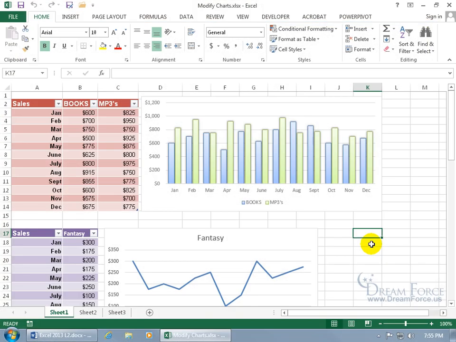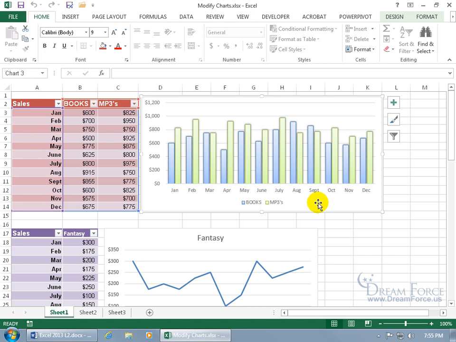When it comes to modifying your charts, like resizing a chart, as we briefly went over in the previous training video, when you select it, you get the resizing handles, these white squares. When you hover over it, you get arrows pointing in opposite directions. That means that when you click and drag, it goes one direction or the other. So you can stretch this more vertically, or hover over the right middle handle to click and drag and stretch